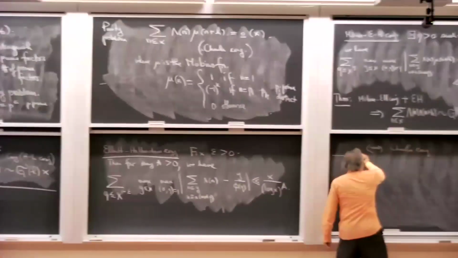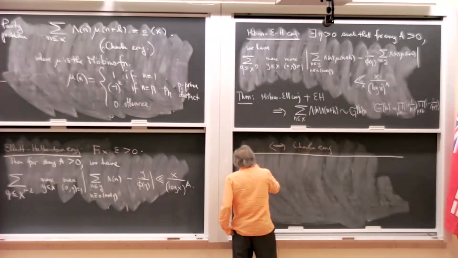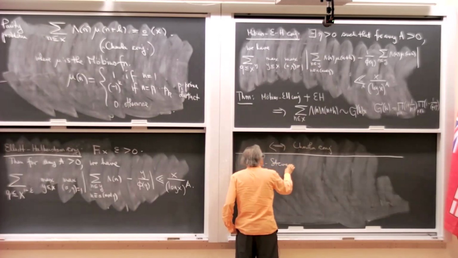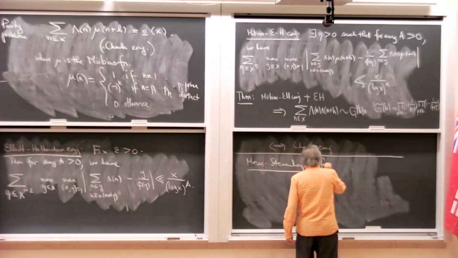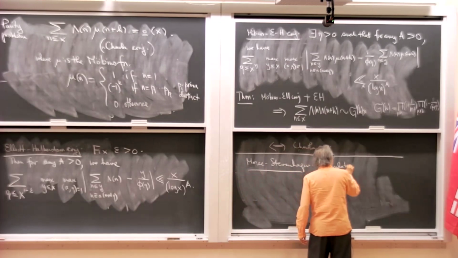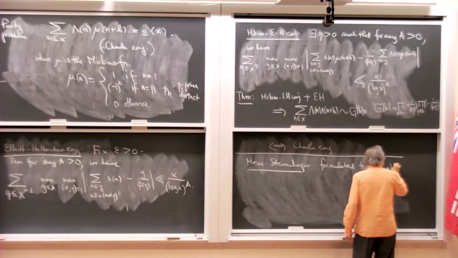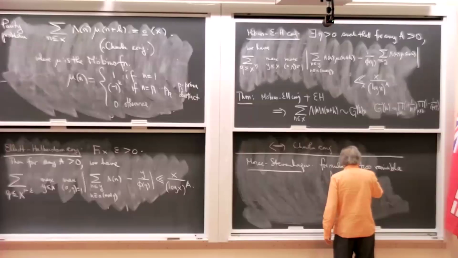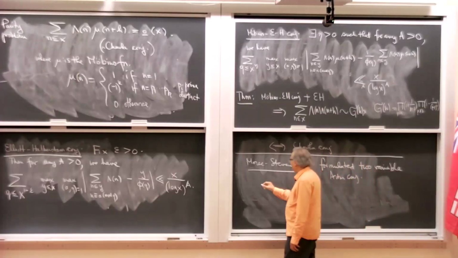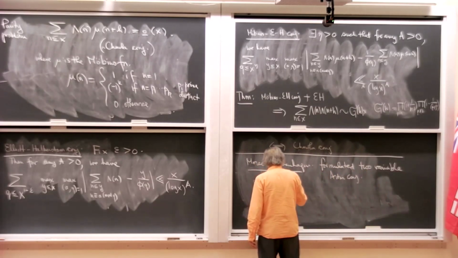About 20 years ago, Peter Murty and Stefan Hagen formulated what's called the two-variable Artin conjecture. A very interesting conjecture. Given A and B coprime,